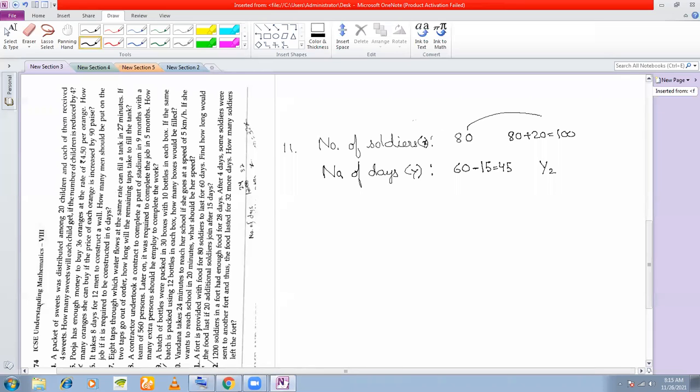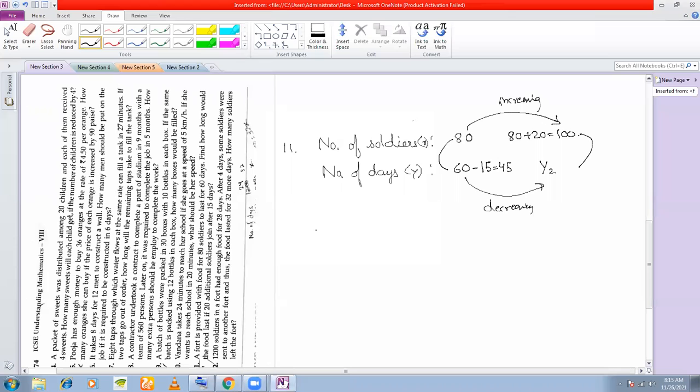then see, this X is increasing from 80 to 100, right? And for 80 soldiers, the food will last for 45 days. Therefore for 100 soldiers, the food will last for lesser days. That means X is increasing from 80 to 100, but Y is decreasing, right? That means what do you say? That X and Y are in